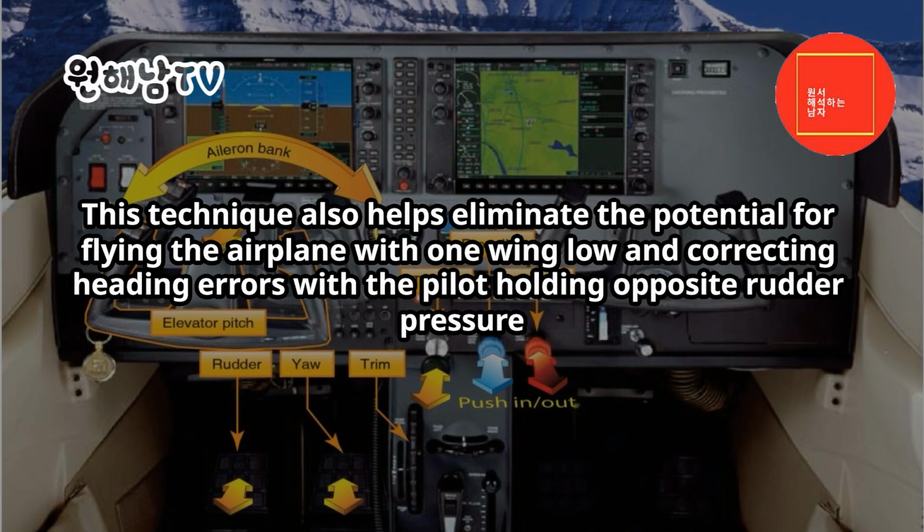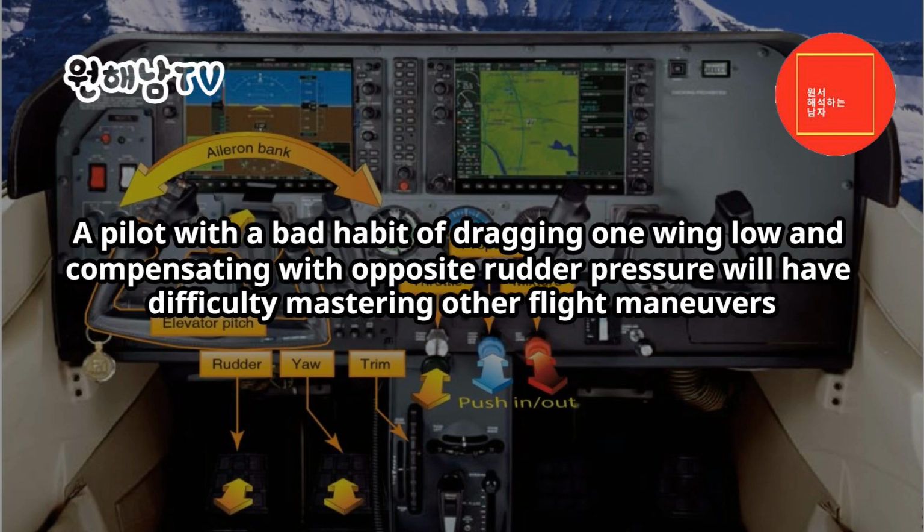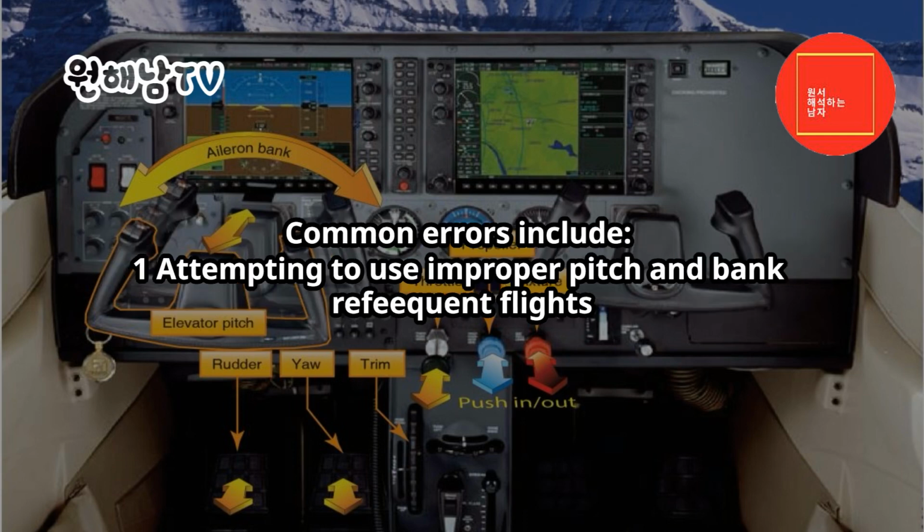This technique also helps eliminate the potential for flying the airplane with one wing low and correcting heading errors with the pilot holding opposite rudder pressure. A pilot with a bad habit of dragging one wing low and compensating with opposite rudder pressure will have difficulty mastering other flight maneuvers. Common errors include: